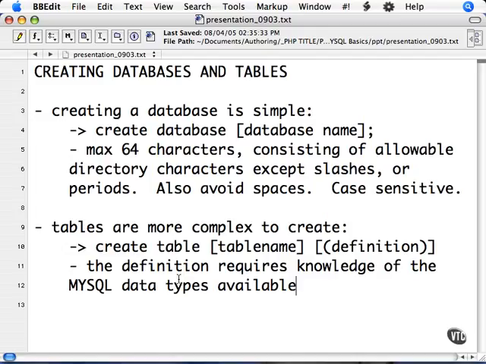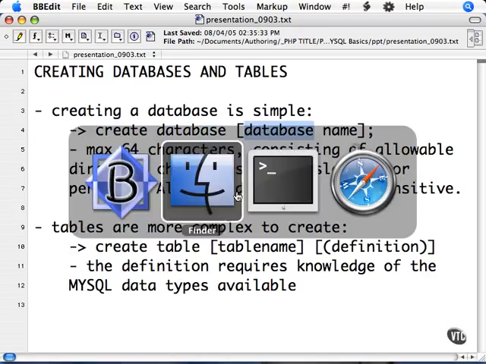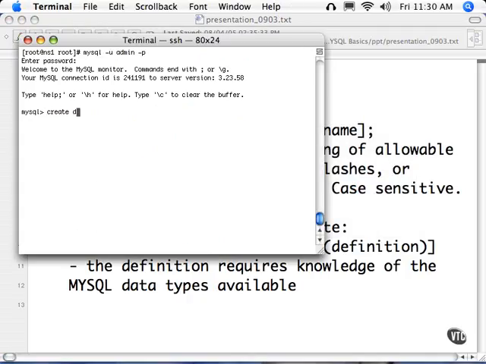Creating tables and databases are integral to using MySQL. Creating a database is very simple. Create database, and then the database name. Create database